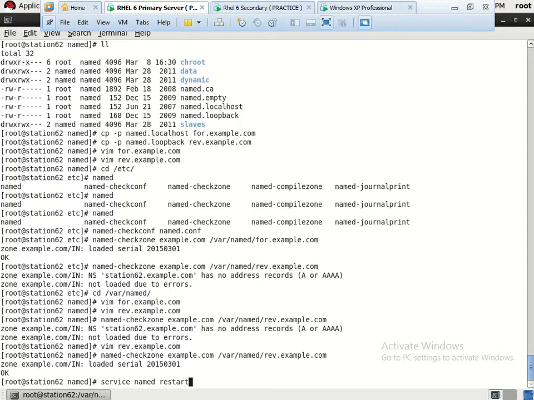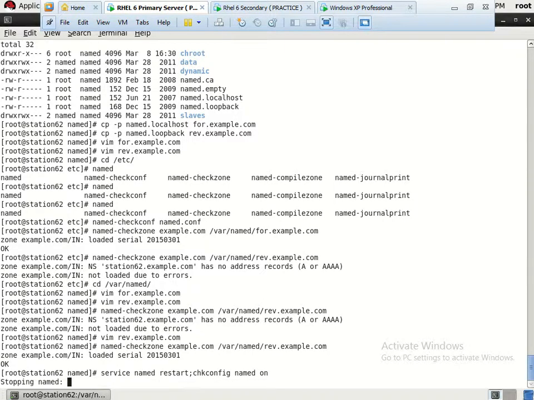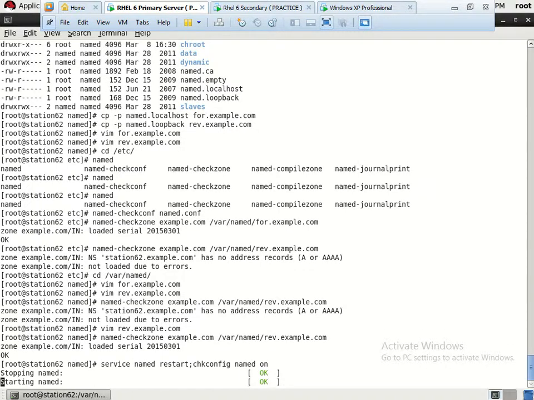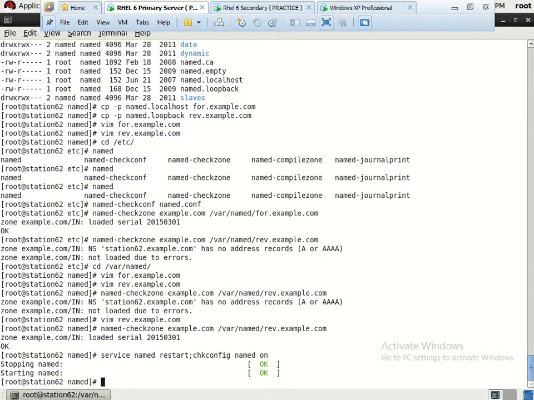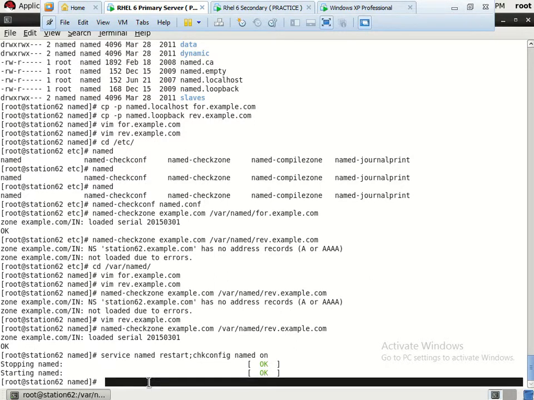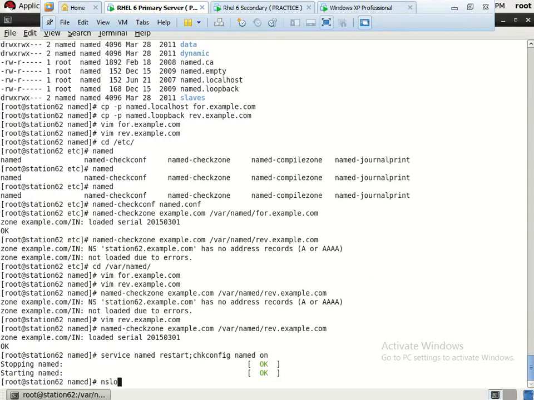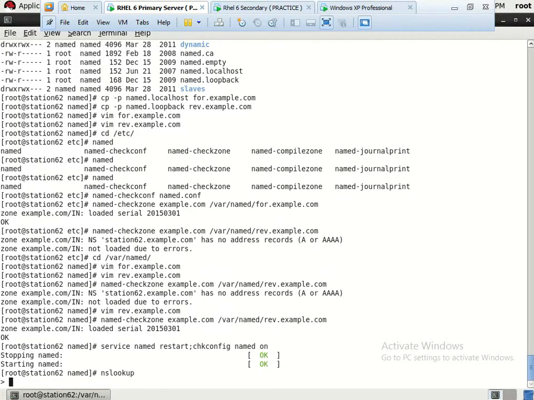Named restart, check config, named on. Yeah, everything is perfectly working here. Now let's check the functionality of this primary server with some couple of commands.